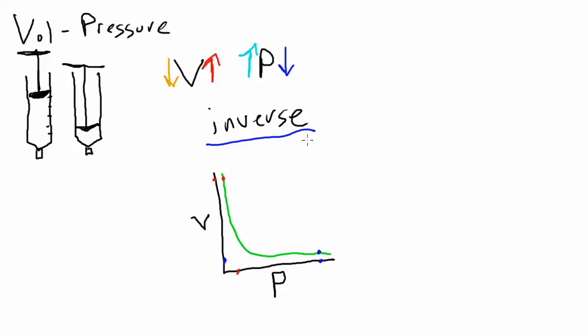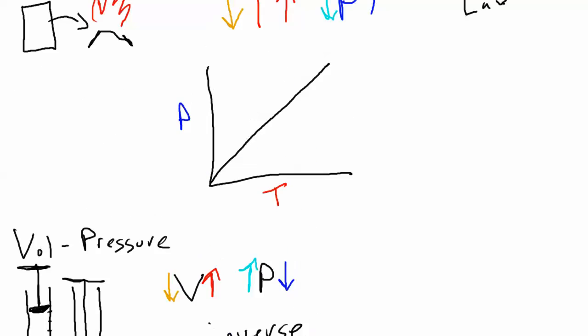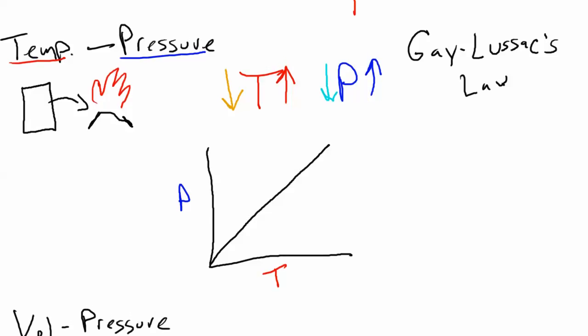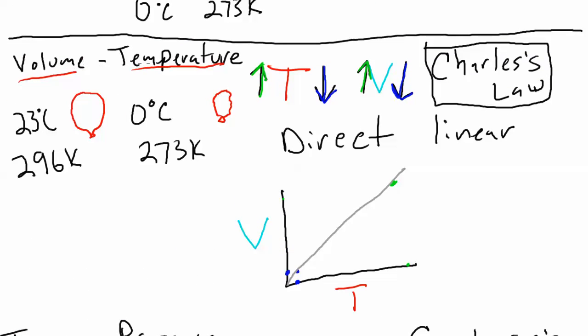It's an inverse relationship. So those are the three gas laws, and those are the three relationships you need to know. You need to know that volume and pressure are inverse. So low pressure means high volume, and low volume means high pressure. You need to know that temperature and pressure are direct relationship, direct linear. So low temperature, low pressure, high temperature, high pressure. And you need to know that the volume temperature relationship is also directly linear. So low volume, low temperature, high volume, high temperature. So that's it